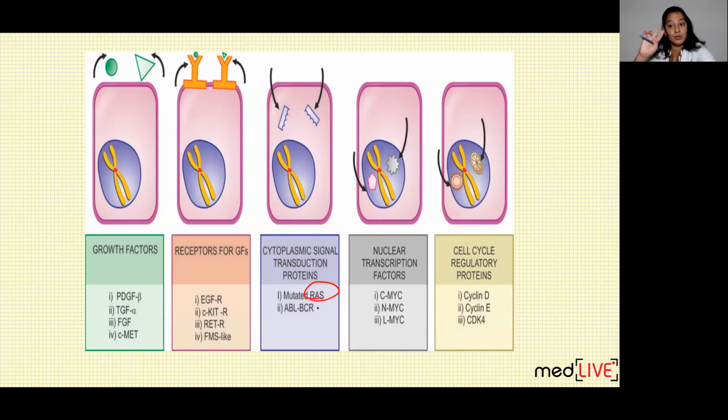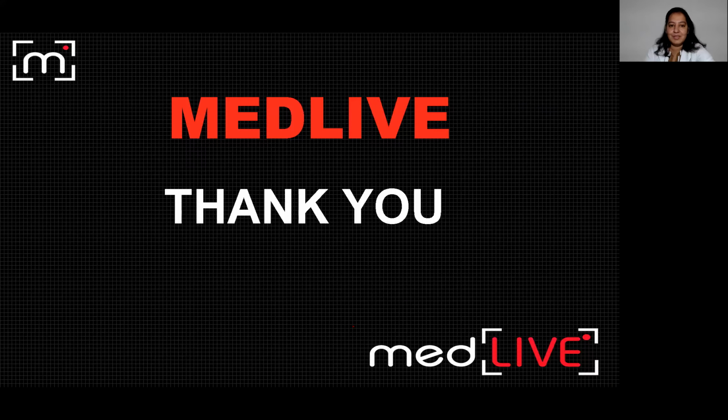So I have explained all these three genes. RAS gene, the two situations, normal and mutation. ABL-BCR, the two situations, normal and mutation. And MYC gene, again the two situations, an example of all these three. So just a second. That was all about it. Hope you liked the lecture. You got the concept, all the concept of proto-oncogene.